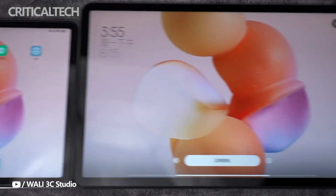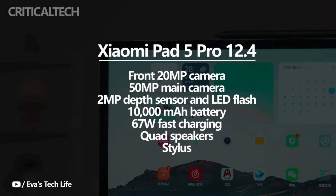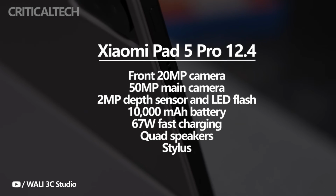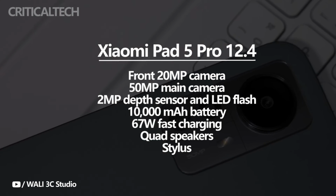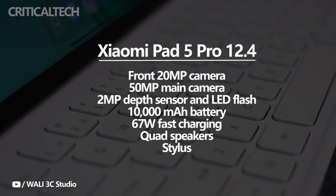On the front, it has a 20-megapixel camera, and its back panel has a 50-megapixel main camera, a 2-megapixel depth sensor, and an LED flash. It houses a 10,000 mAh battery that carries support for 67-watt fast charging. The device is fitted with quad speakers, and carries support for